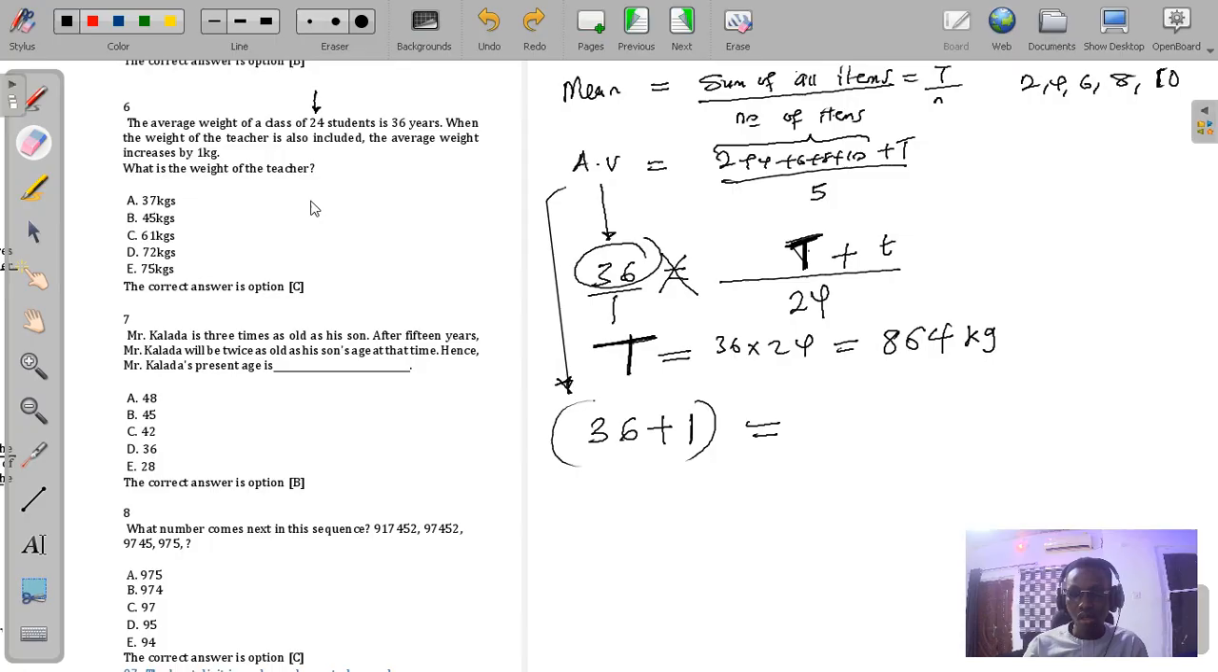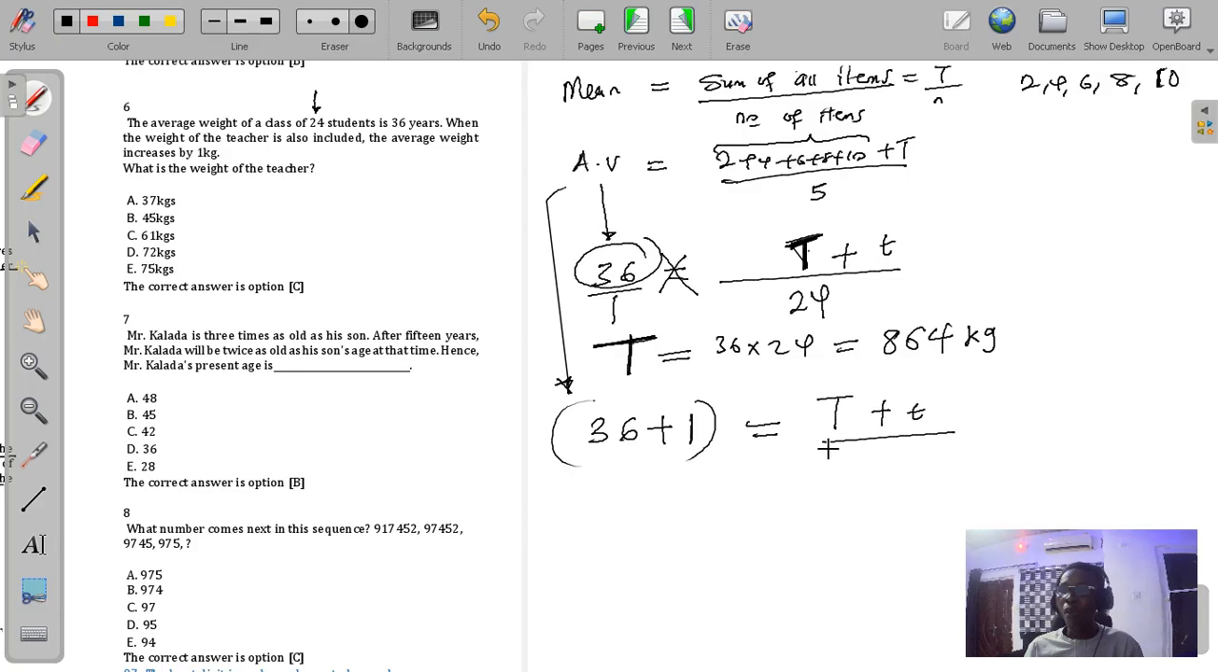All right, guys. So this is what I was trying to explain. The question says when the weight of the teacher is also included, what happens to the average weight? The average weight increased by 1. So this average weight is no longer 36. It's now increased by 1 kg. And remember that the teacher is now included, which means the total weight of all the students plus the weight of the teacher as well. So let small t represent the weight of the teacher, divided by